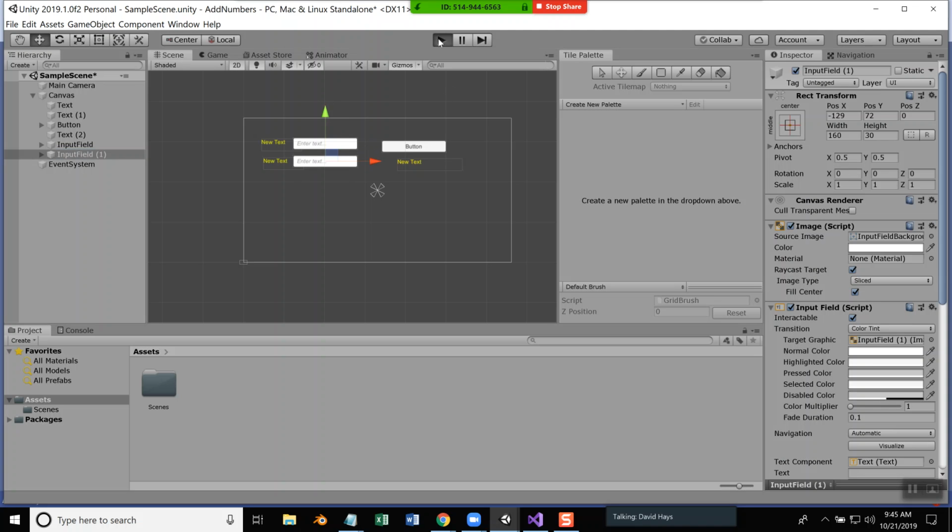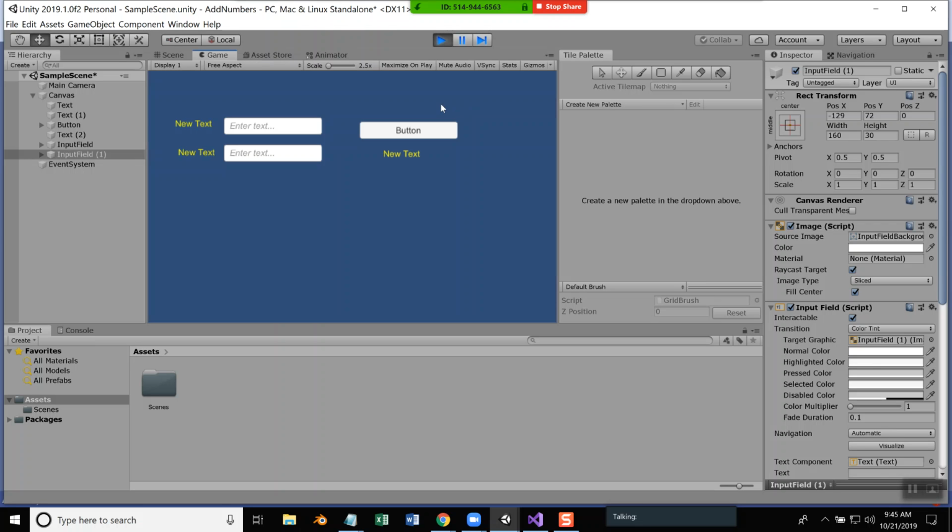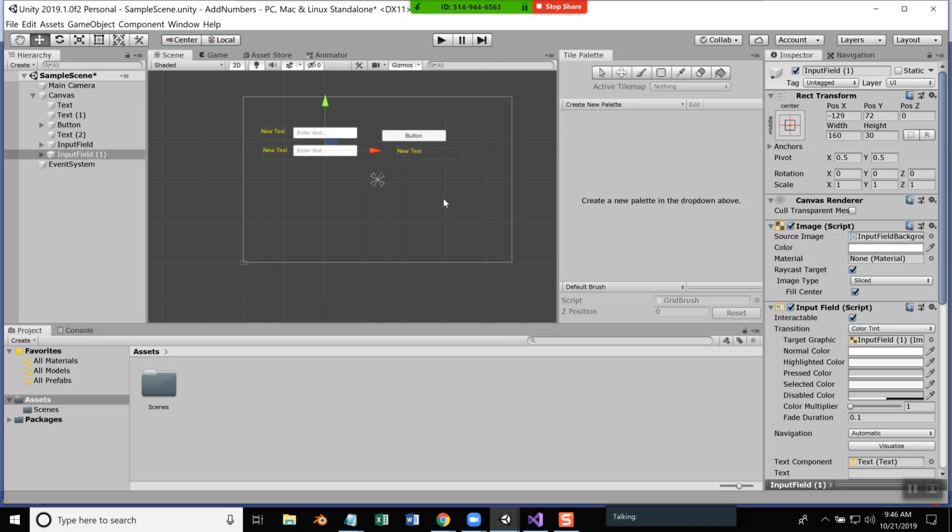Okay, so let's run this. The idea here is I could type in something here, type in something here. I click this button here and I want to add them together and put my result here. Okay, so for our input field here,